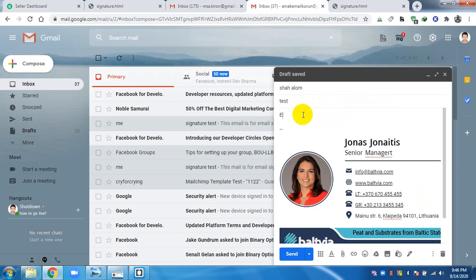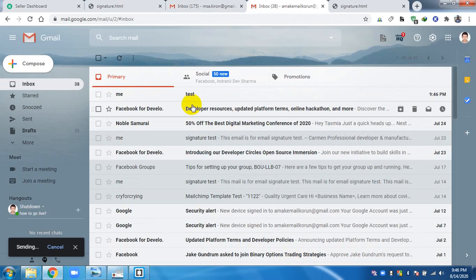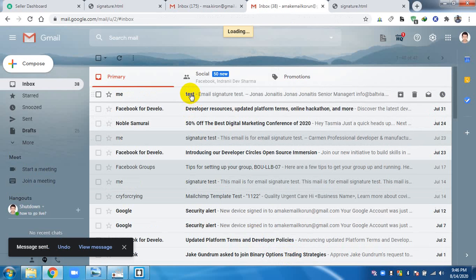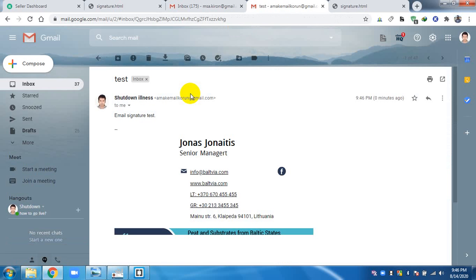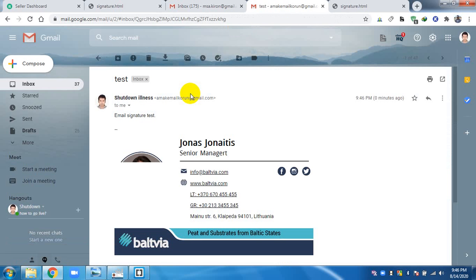So I am just writing email signature test and send it here. Yes, I got the email. The image is loading and it works perfectly.